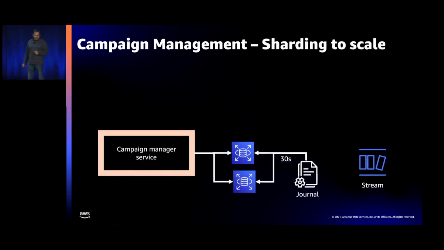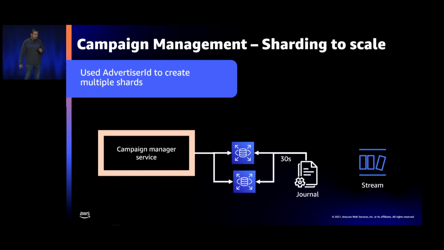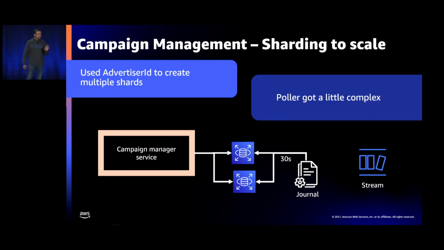We soon realized that for larger advertisers, Postgres was going slow. We were not able to keep up with it. We went in to shard the data based on an advertiser ID. Some of the data would go into one shard. Based on the other advertiser ID, it would go into the other shard. The polling got a little more complicated, but being naive, we were loving the complexity. We were having fun with building this complicated system.